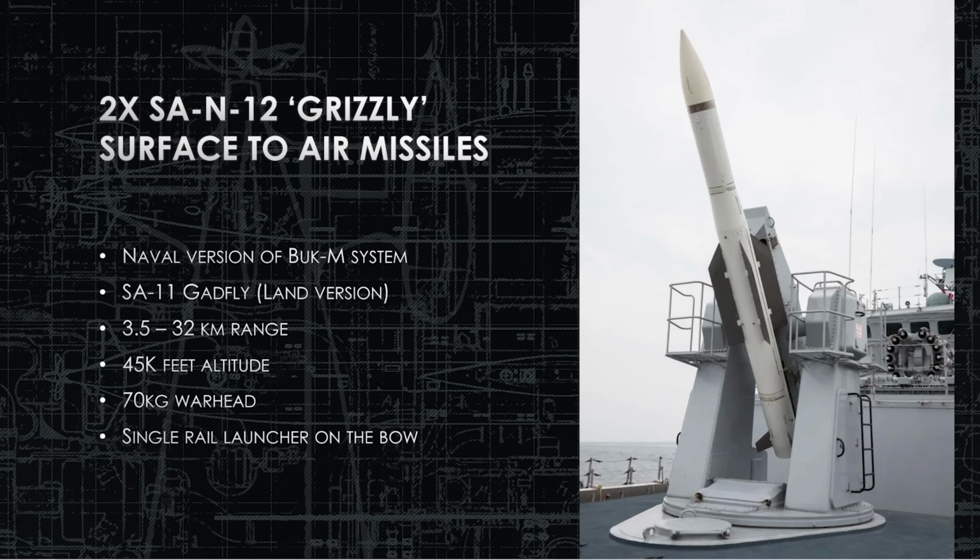And so keep that in mind whenever they're trying to power up one of these, because she has two of these single rail launchers. Now, keep in mind, the United States was building single rail launchers on our Oliver Hazard Perry frigates, back in, what was that, the 70s? So they're still, with this design in the early 2000s, going with these single rail launchers that take a long time, upwards of 20 seconds, to get a new missile up onto the rail before they can fire